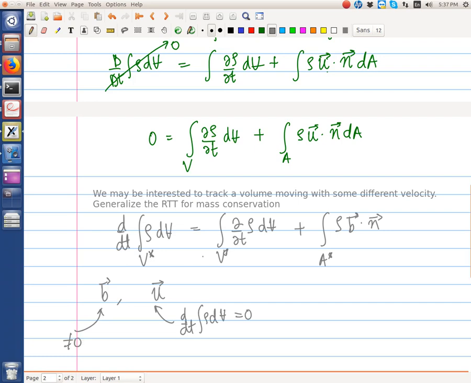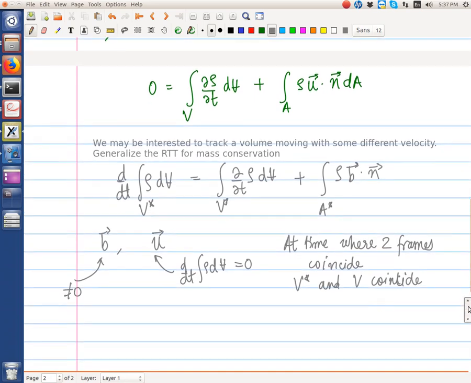At a time where the two frames coincide, V star and V coincide, they are moving with two different velocities, but at the time where they coincide, we see that the rate of change